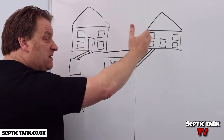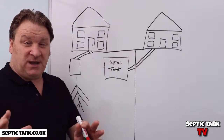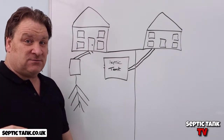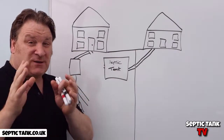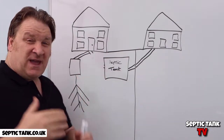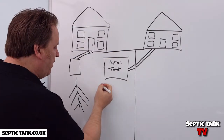So they can buy themselves a septic tank and soak away kit like you did. They can install it, job done. But let's say they don't want to do that, right? So the only legal route you can now go down is to force their hand. So you would then have to go to the environmental agency, right? So you go to the environmental agency